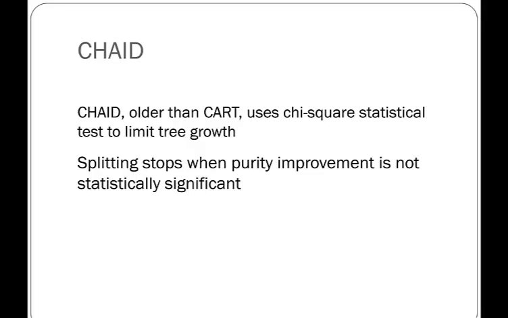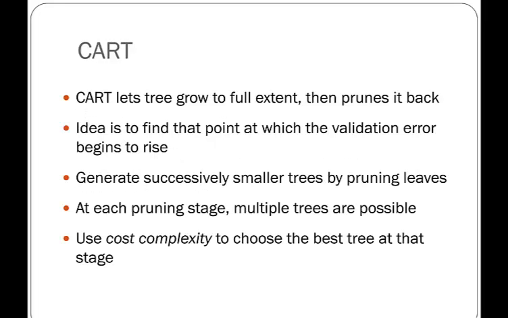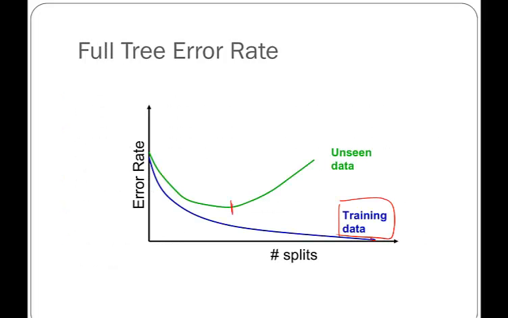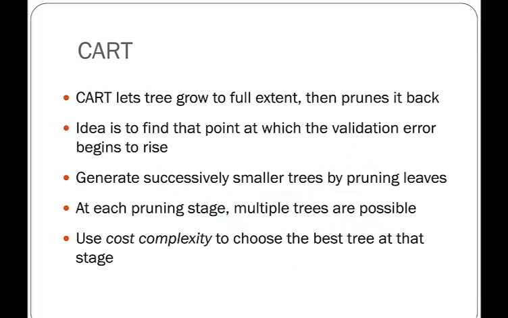So in other words, as soon as the improvement is not statistically significant, then the stopping rule is employed, and the tree is not grown out any further. CART, on the other hand, kind of goes the other direction. It starts with a full-grown tree and then prunes it back. And the idea is to find the point at which the validation error begins to rise. So come back to this picture and find that point right there, and then continue to prune the tree back